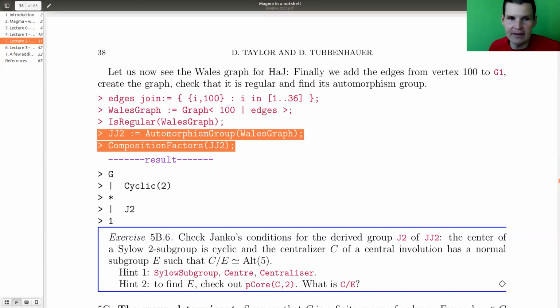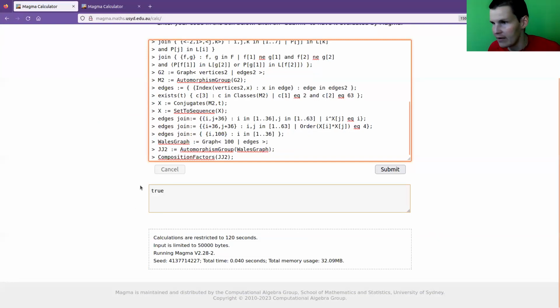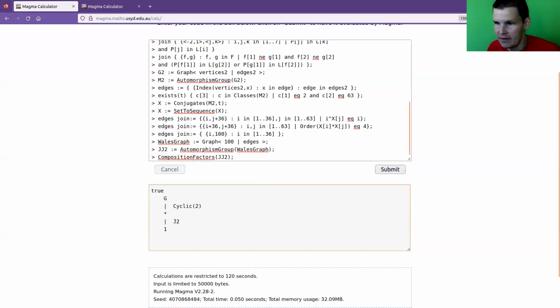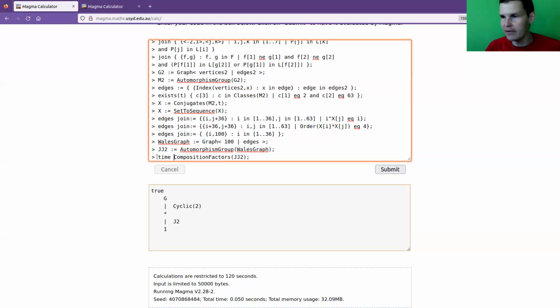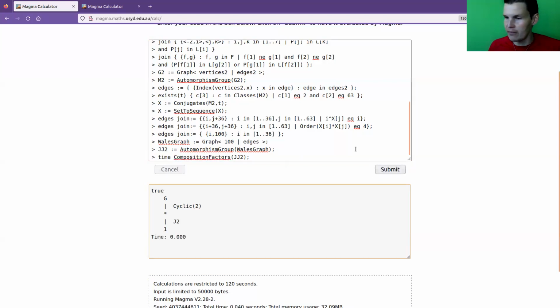And it turns out that this one is essentially our friend J2, right? It's a ZMod2 extension, but who cares? And Magma is less ridiculous. So if you write time in front, it will tell you how long it took for this. So it took 0 seconds, 0.00 seconds to compute this automorphism group, which is actually a very large group,